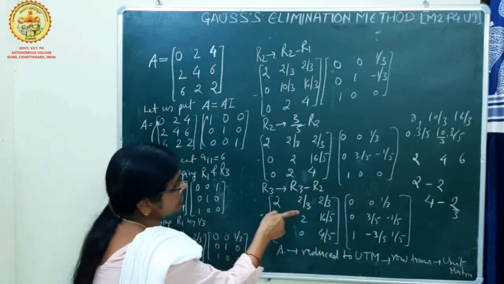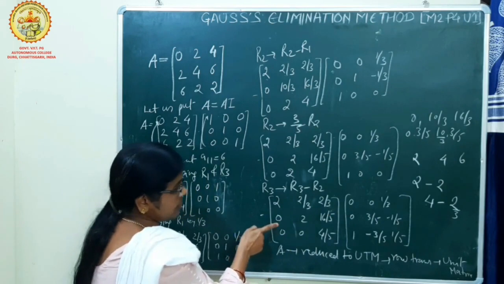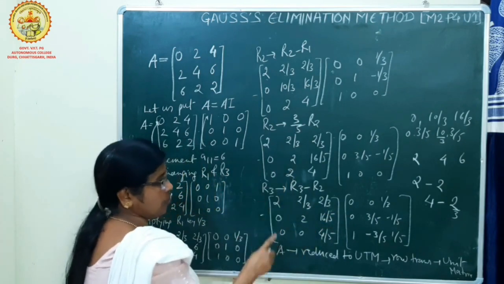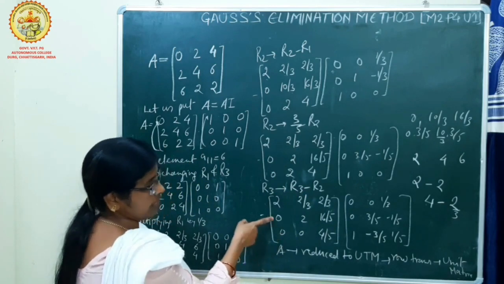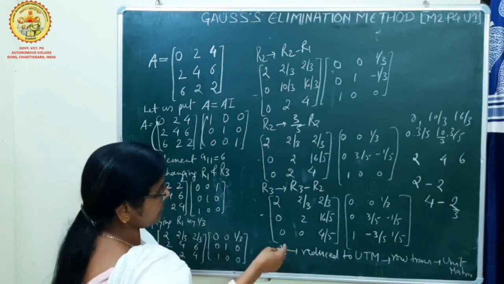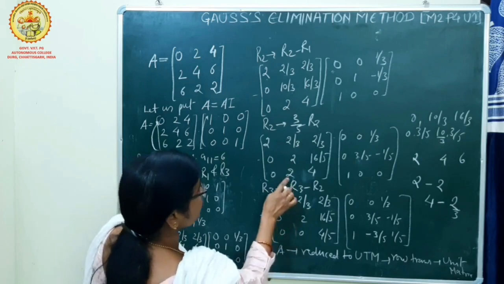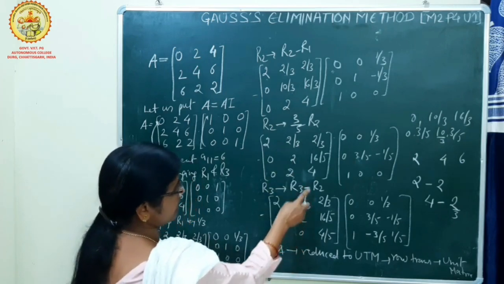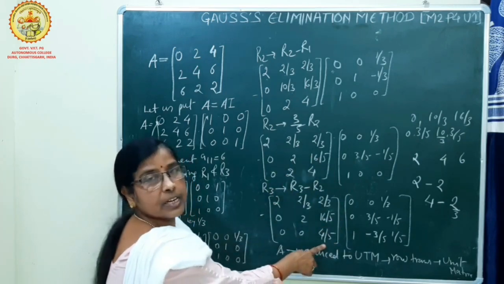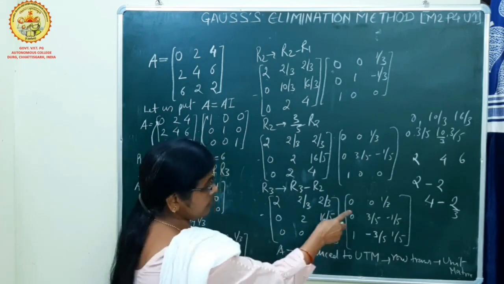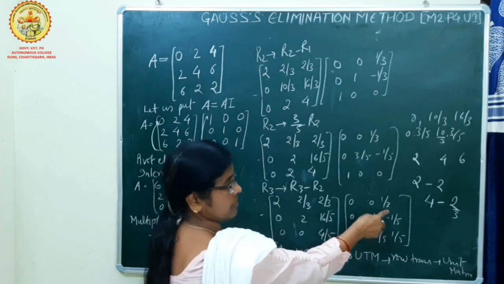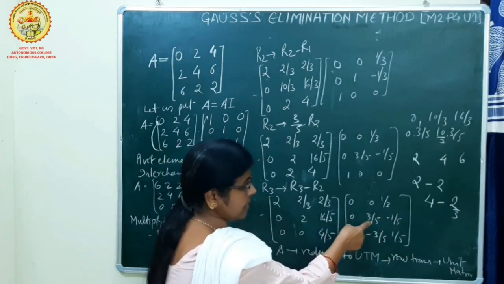That means first row is as it is, second row is as it is. Now third row, R3 minus R2. R3 is here 0 minus 0, that means 0. Second is 2 minus 2, that is 0. Third is 4 minus 16 by 5, that means 4 by 5. Similarly for the unit matrix term, which is equal to 0 0 1 by 3, 0 3 by 5 minus 1